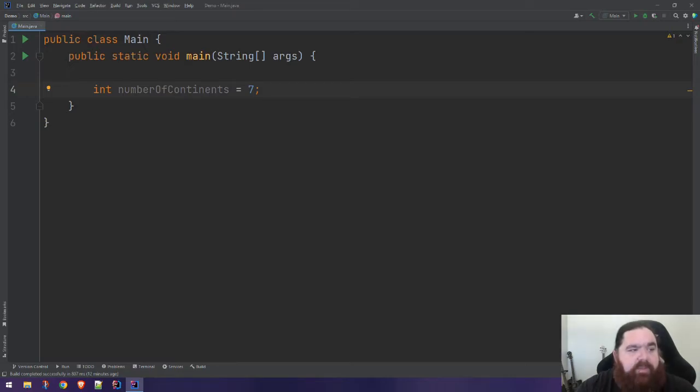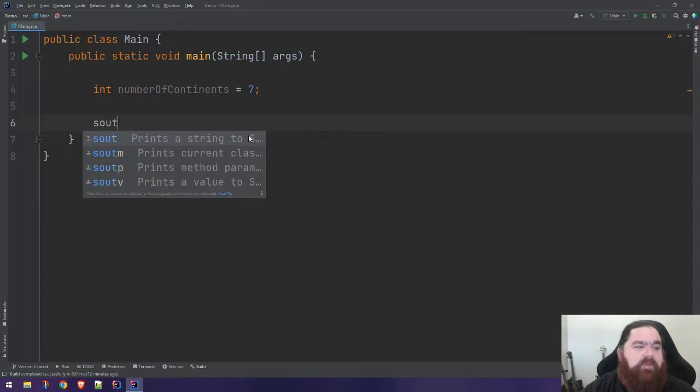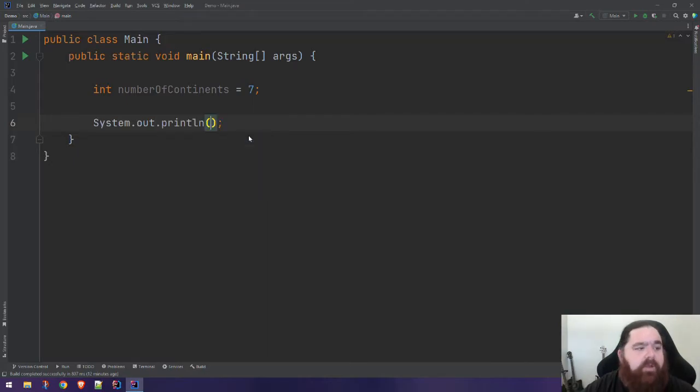So as I said, we've got this integer. It's a number of continents, and the value is equal to 7. So if we wanted to print that out, if you didn't catch my previous video where we set up IntelliJ and things like that, go check that out. We printed out a little message there, but we can do that again here too. And if you don't remember the code to do that, that's okay. There's a quick and easy way to get it on screen, and that's by typing SOUT. This is a little macro, a shortcut in code. We'll just type that. It stands for system out. Hit enter, and now we